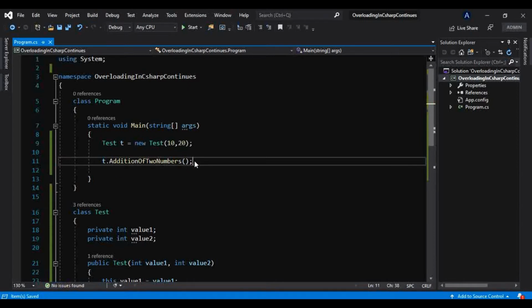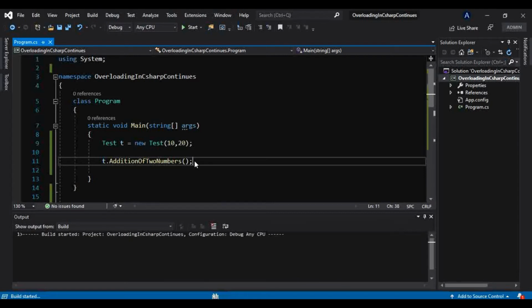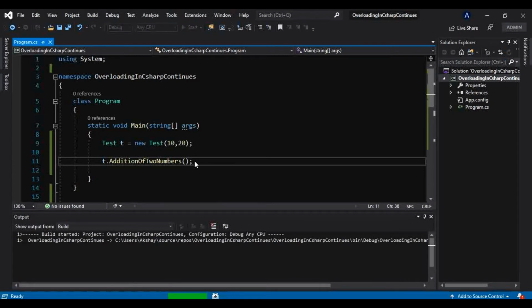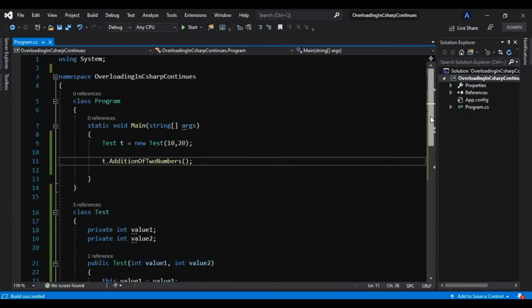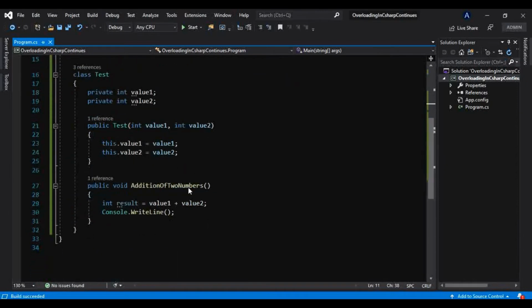Now if I run, I have not put that result into the console, so that's why it has printed nothing.